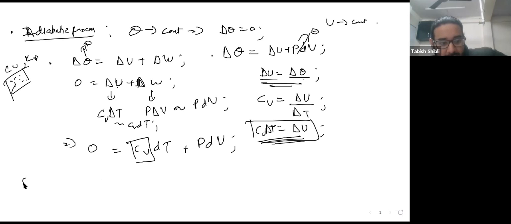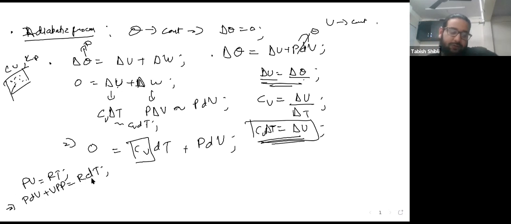Now we have again PV is equal to RT for 1 mole of the gas. So what does this mean? This means that P dV plus V dP is equal to R dT, right? We're differentiating on both sides, keeping